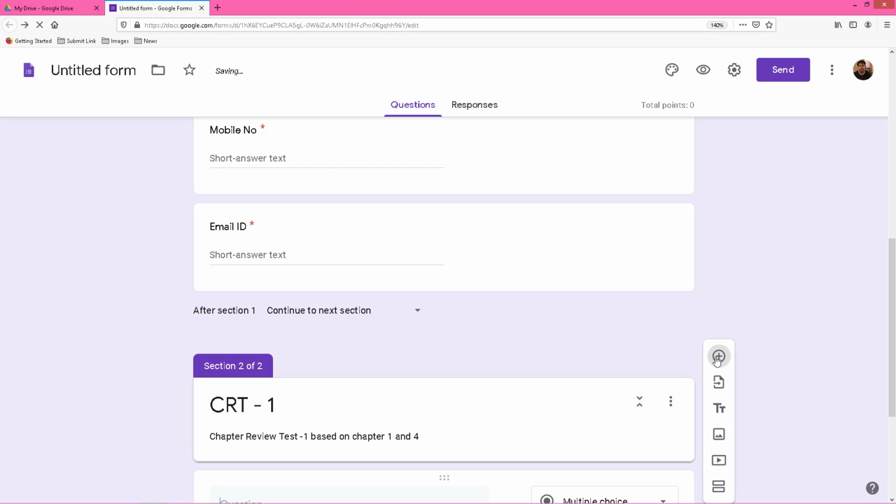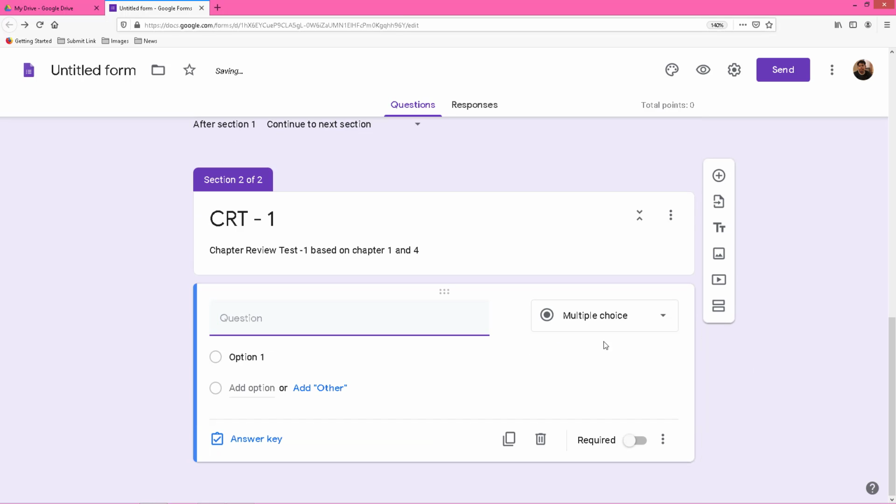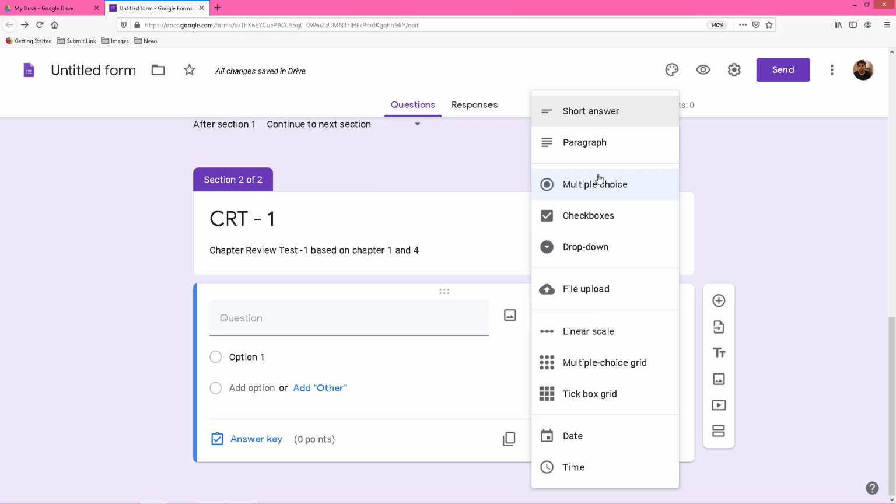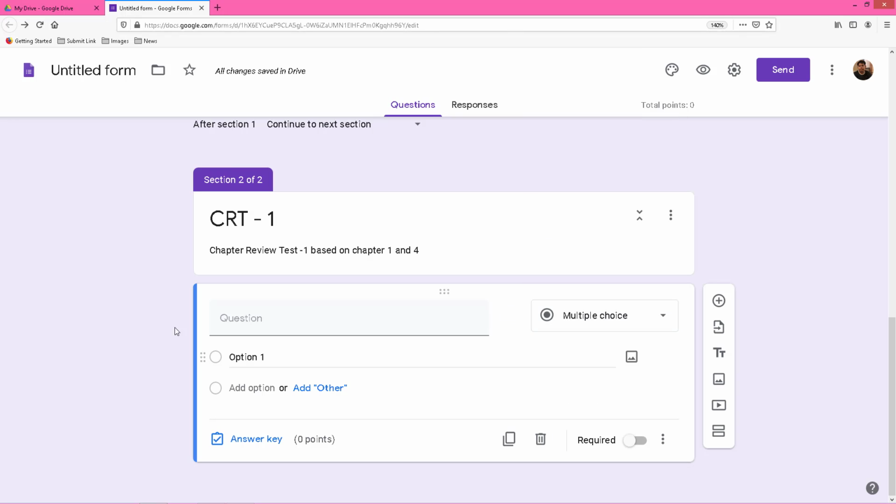Click the plus sign. This will bring this kind of field. Multiple choice is already there. If not available, simply go to this option and click multiple choice. Here I am going to add the first question. Which of the following is an input device?